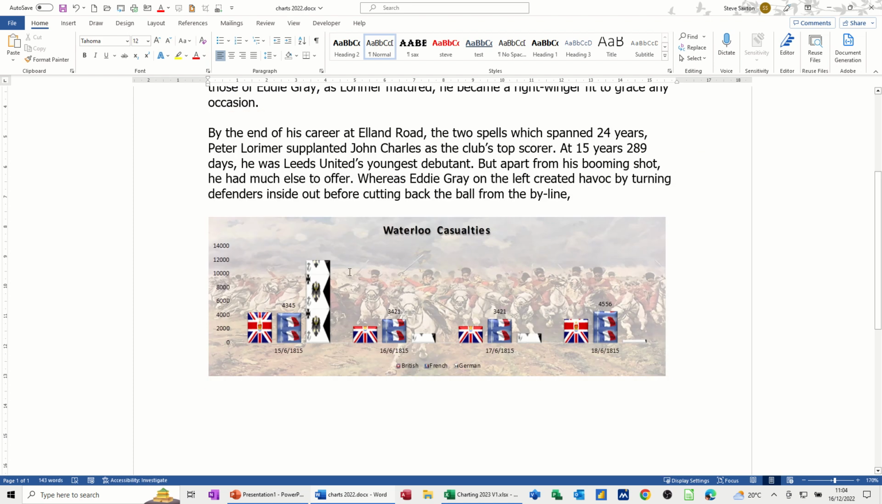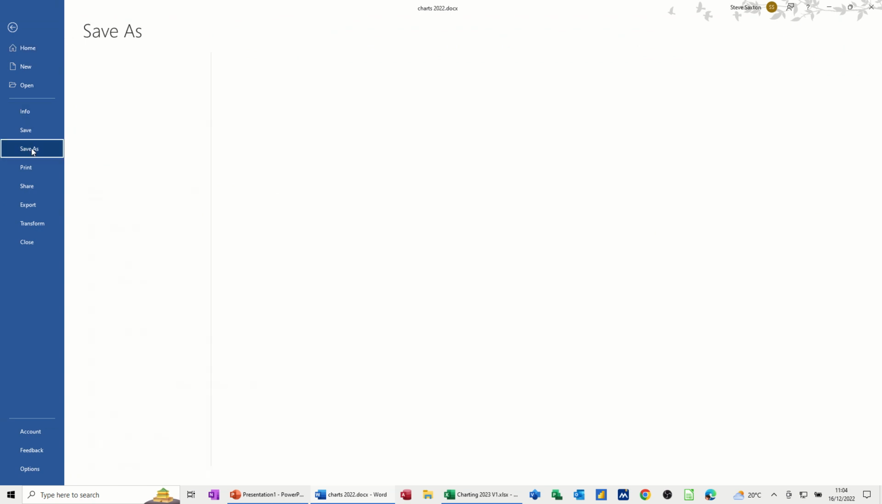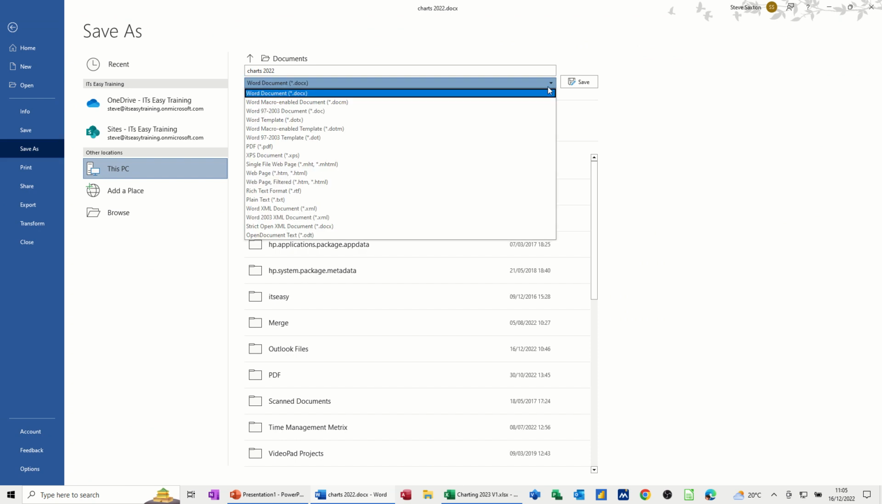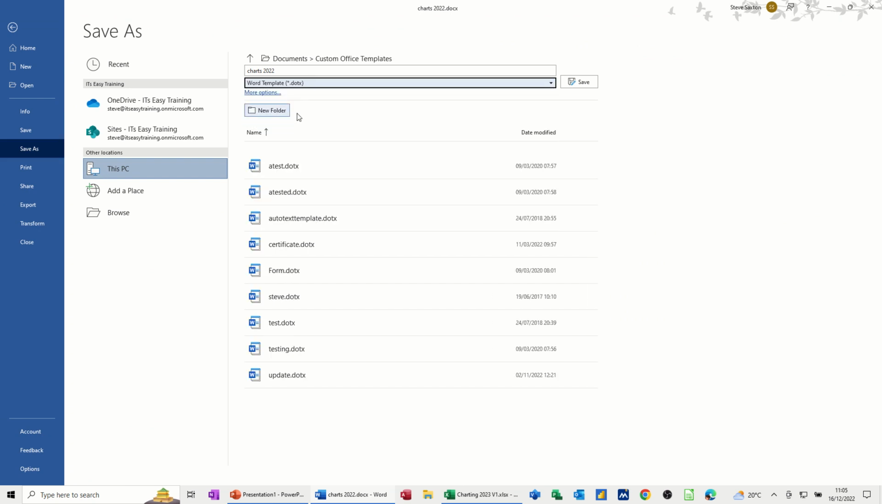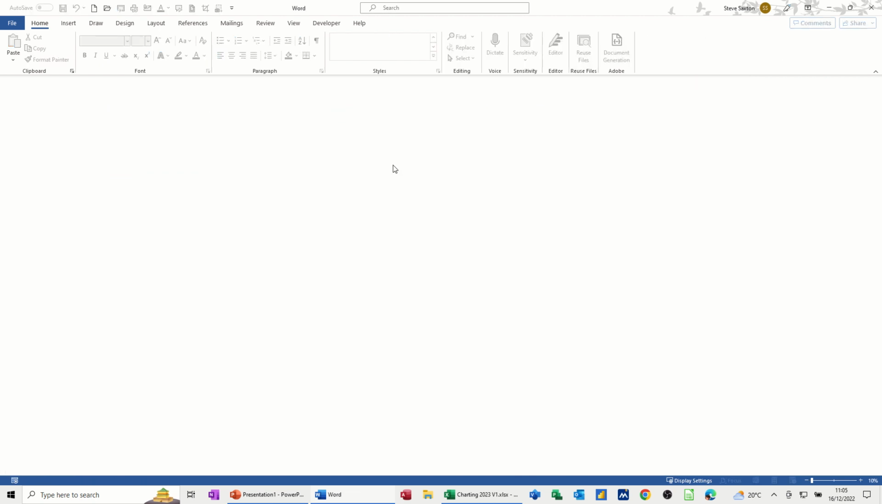What I would normally do, if this is something I need to create going forward, like every month, my report, I would save this as a template, which I'm going to do. So I'm going File, Save As. So it's down as Charts 2022 as a document, but if I drop this little arrow down, I can select Word Template, Save. Now that is a template, and if I close it, Control W, to open the template, I